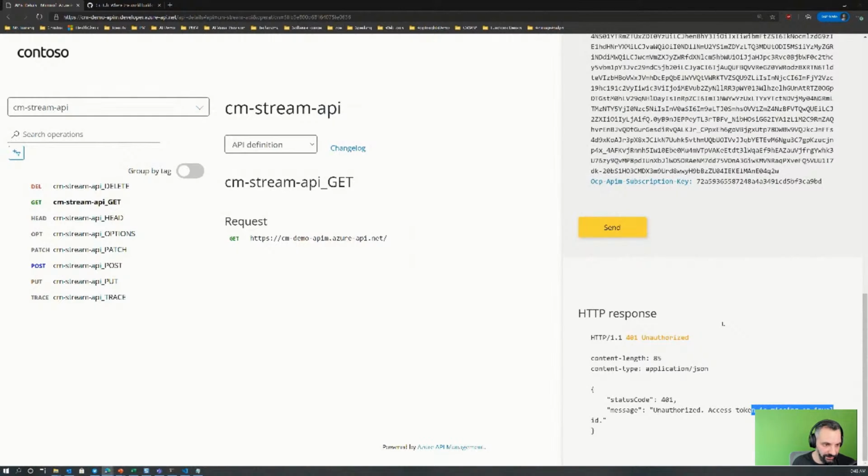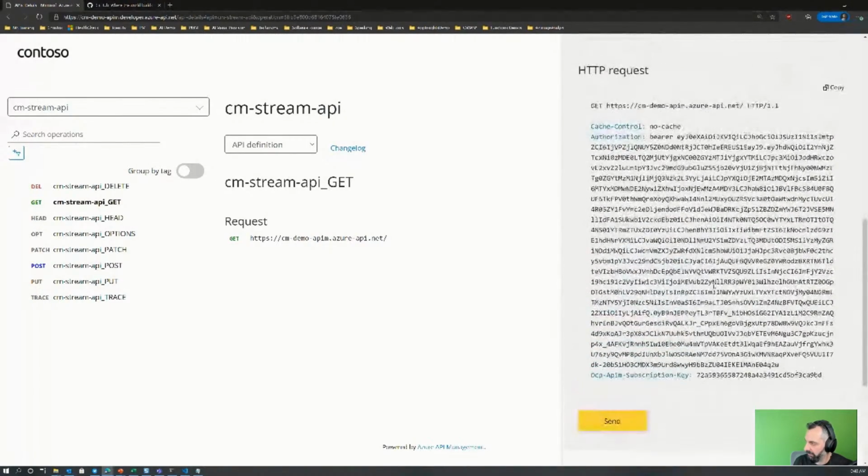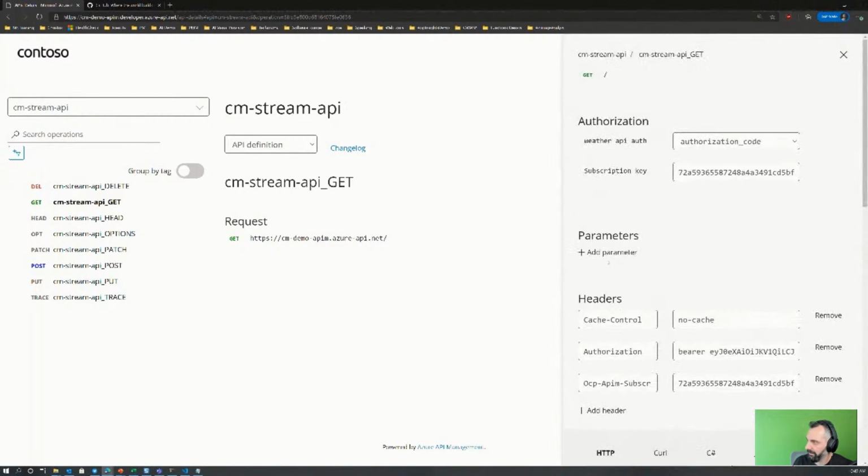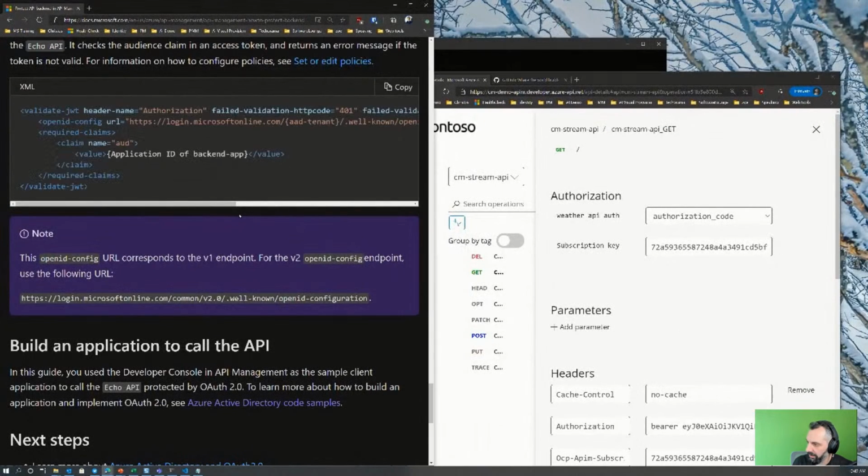That's interesting. Now, this is coming from the inbound validation, right? Token validation. So why is it not liking it? It says unauthorized. But why? Why would it be unauthorized? So it's the application ID of the backend. That's what we did. And there. This OpenID configuration response is for the V1 endpoint. For the V2 endpoint, use the following URL. You know what? Maybe I just use the